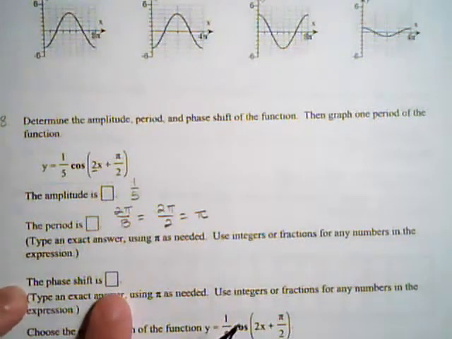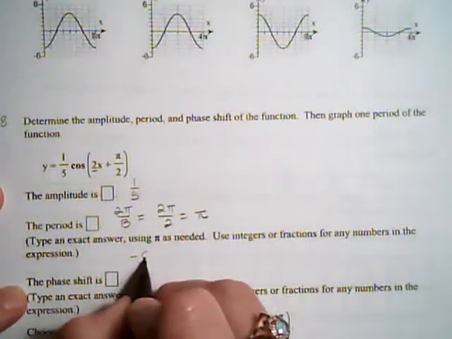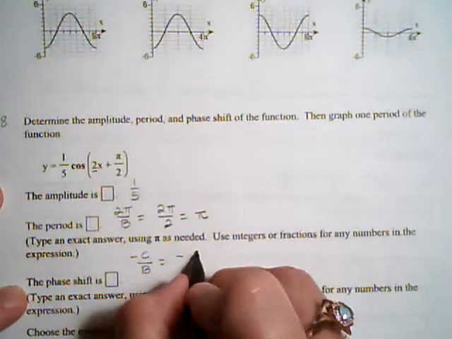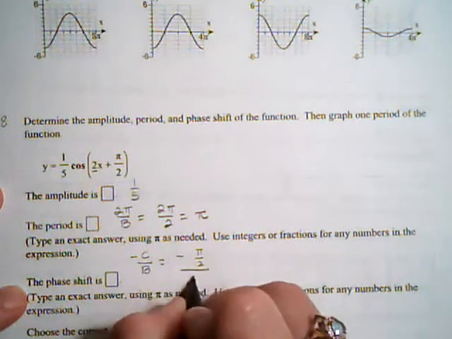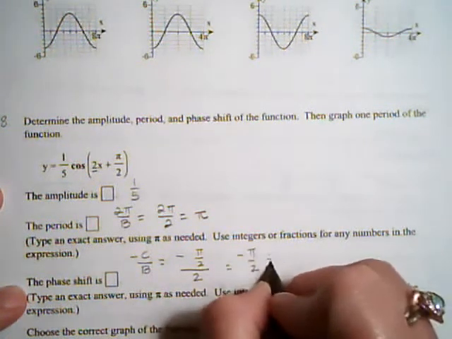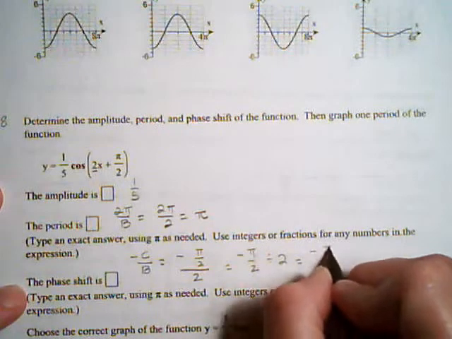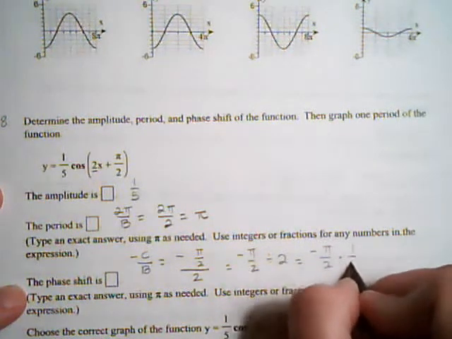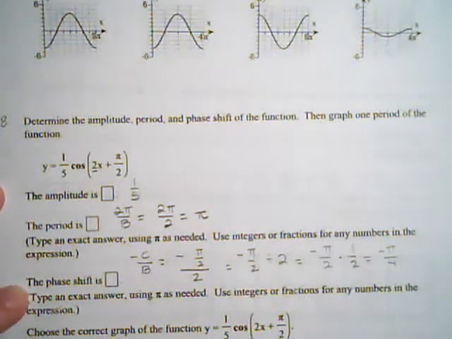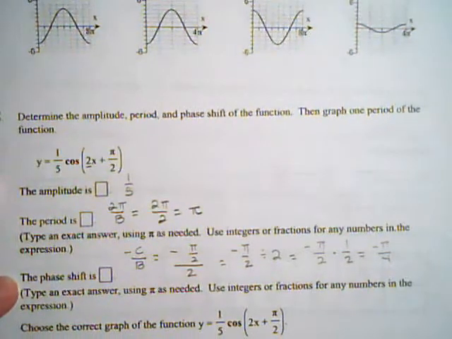The phase shift, -c over b. So I would have negative pi over 2 over 2. So if I have negative pi over 2 divided by 2, negative pi over 2 times 1/2, so negative pi over 4. So this graph would be shifted to the left, pi over 4 units. Okay, now we have to choose the